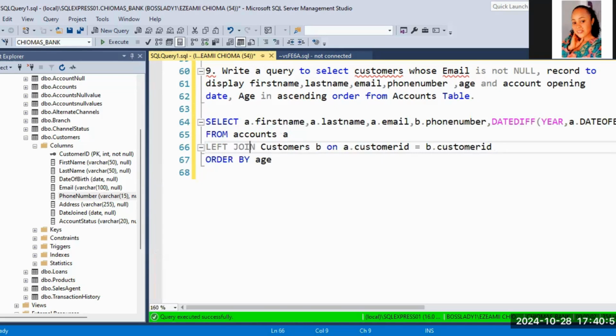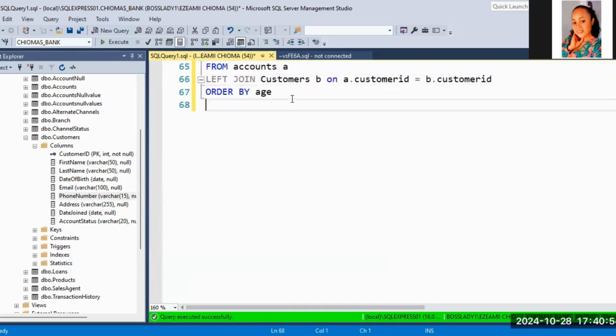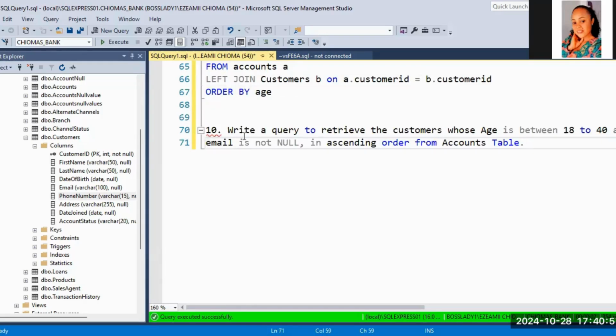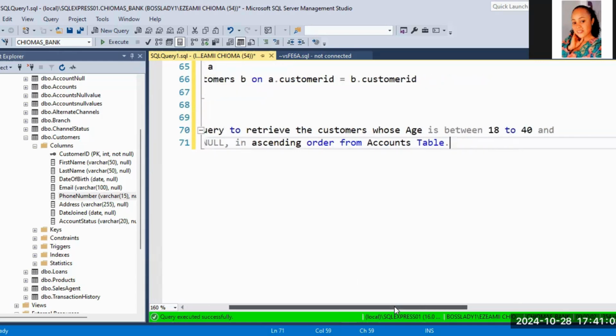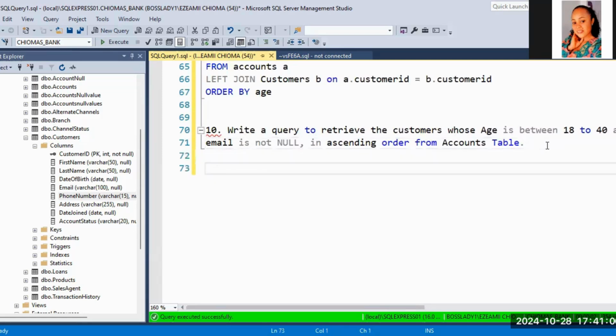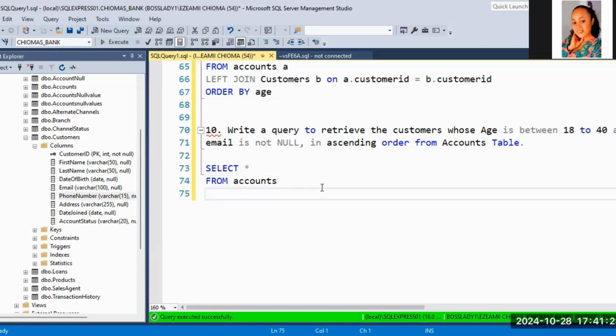Control Alt to remove the results. So let's do number 9. Number 10, the last one. So the last one says, write a query to retrieve the customers whose age is between 18 to 40 and email is not null. Okay, so whenever you're writing, you have to take it one after the other to know what you're asked to solve, all right? So select star from accounts, where age is between this and email is not null. Okay, where email is not null,